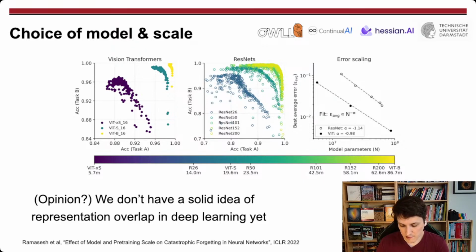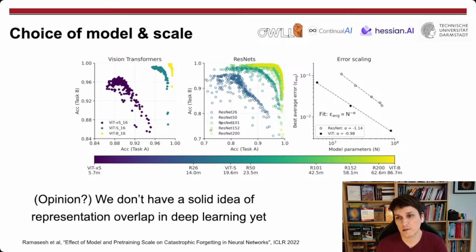It's somewhat of an interesting take, but it also shows, again, maybe my opinion, but quite provocatively, that we don't really have too much of an idea of when this breaks down, when it works, and so on. Especially this representation overlap idea in deep learning is largely unsolved. It's a very challenging thing to think about. I think this becomes even more clear when we not only take a look at the top two left plots